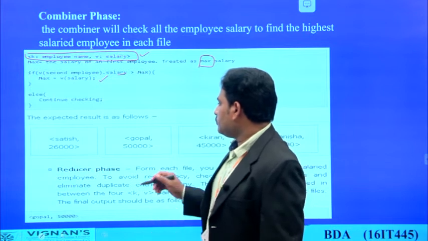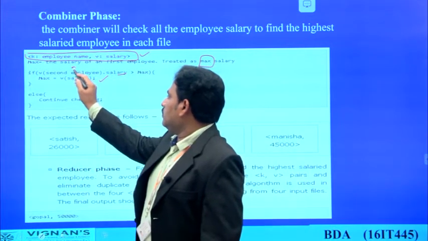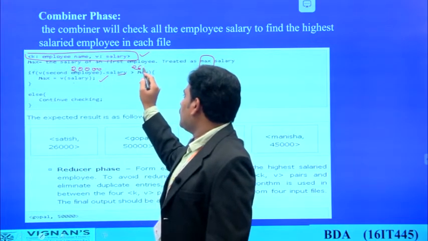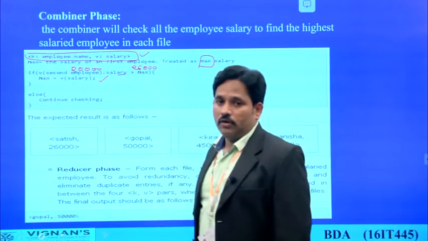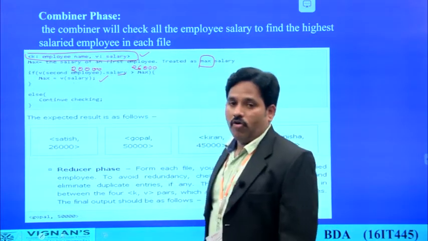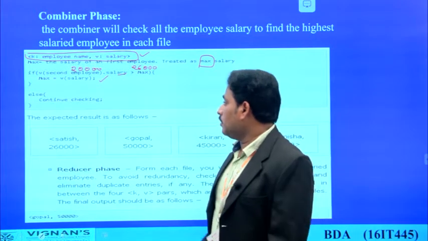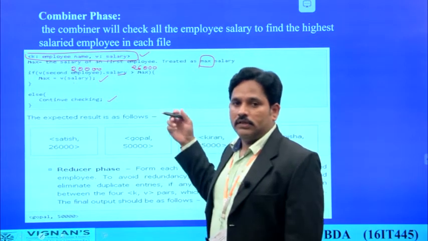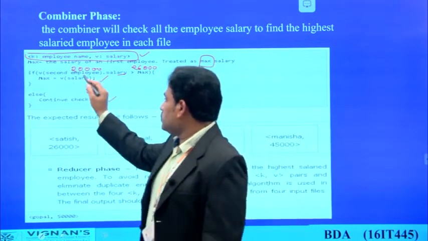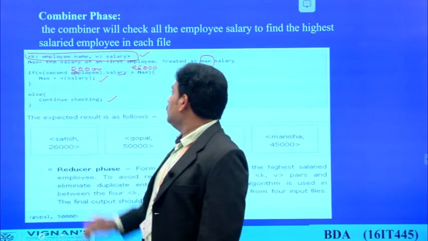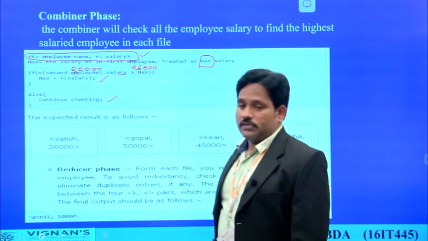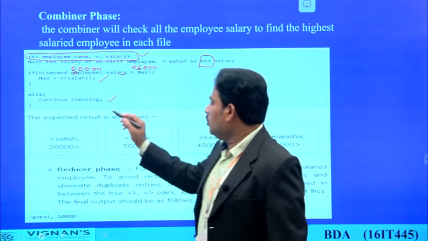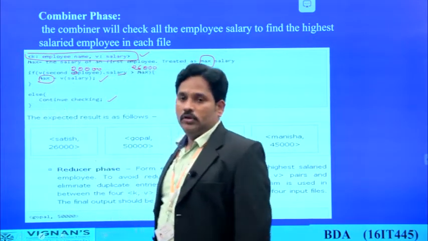Now, in this example, let us take the second employee's salary as 20,000, and the first employee's salary is taken as the maximum value. The condition is false because 20,000 is less than 26,000. So it will go for checking again. It will check the third employee's salary against the maximum salary. Let us take the third employee's salary as 30,000, and my default value is 26,000. Now, 30,000 is greater than 26,000. The condition is true. So what will it do? It will make max equal to the new value.